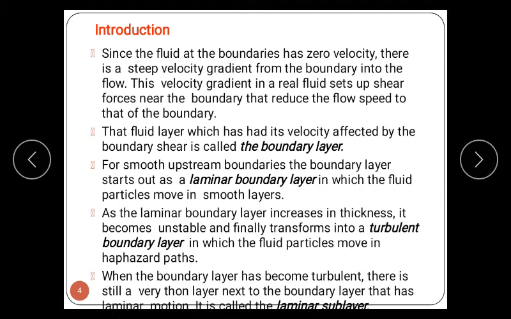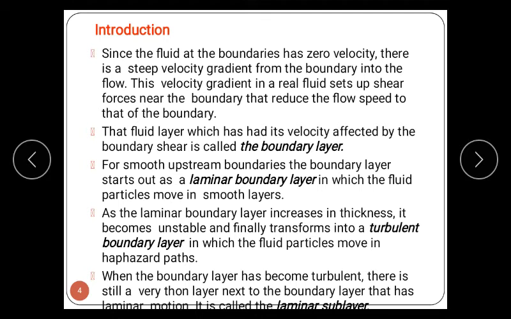Now for smooth upstream boundaries, the boundary layer starts out as a laminar boundary layer. We have discussed smooth boundary layer and rough boundary layer, in which the fluid particle moves in smooth layers. Also, as the laminar boundary layer increases in thickness, it becomes unstable and finally transforms to a turbulent boundary layer, in which